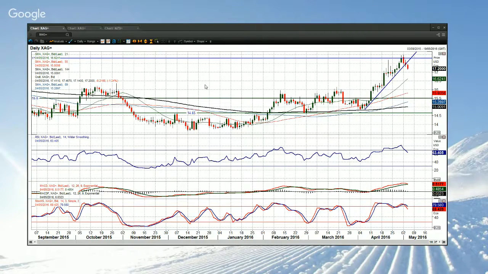But these are all basically plays on the dollar that I've shown you, apart from obviously those equity markets. These are all pretty much plays on the dollar, and the dollar rally that we've seen in the last day or so. Will it continue? I don't necessarily think it will. I think that there's only going to be one hike this year, and I think the market still needs to factor that in, despite these hawkish comments that we've had from Dennis Lockhart and John Williams yesterday.